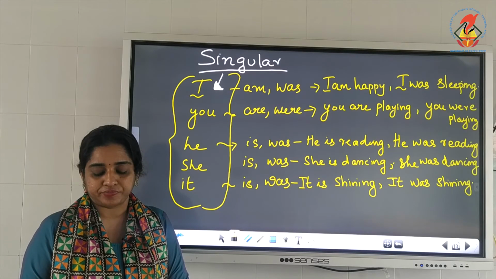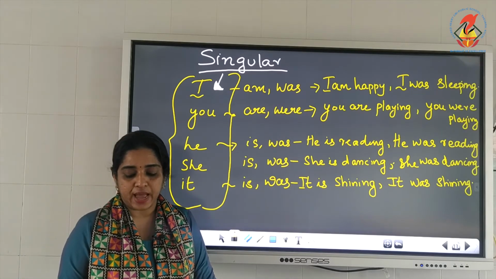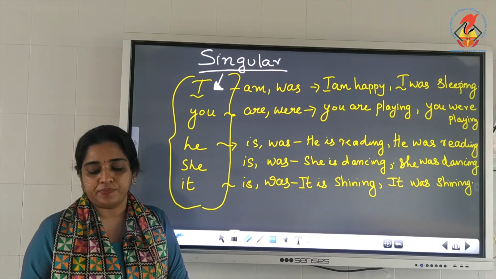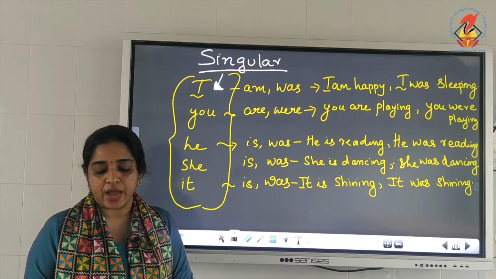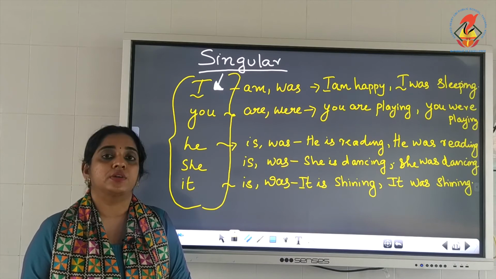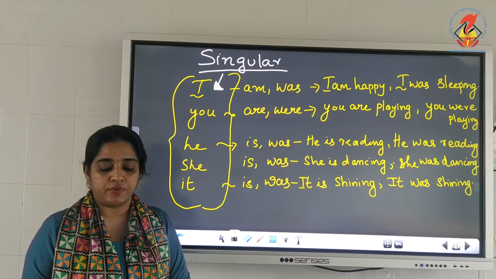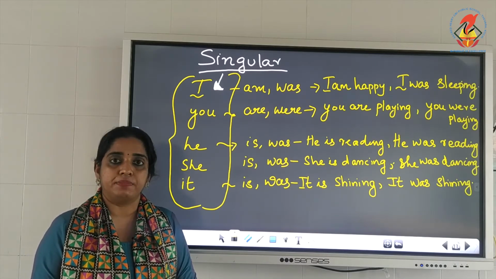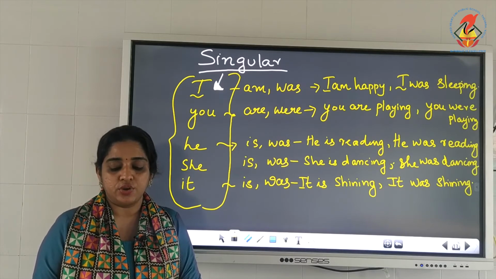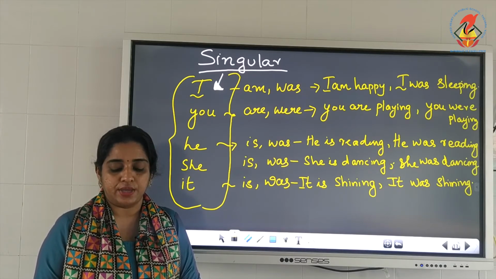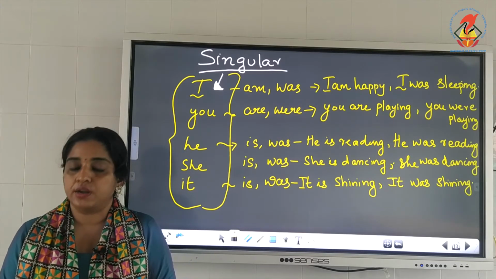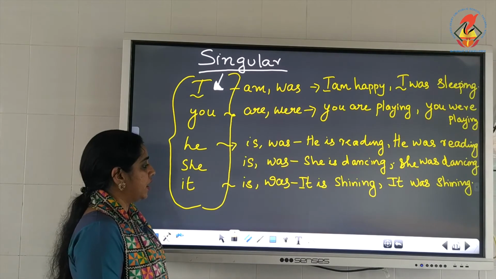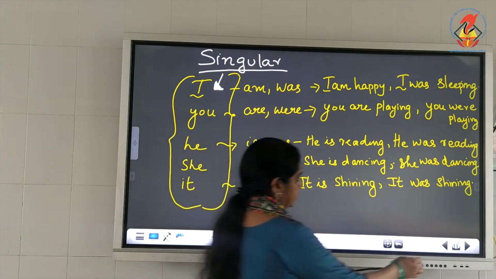You can do it. Then fill in the blanks with was or were. My grandfather dash an army officer. Which one you use? Was or were? My grandfather is singular, one person, is it? If it is singular, you have to use was. My grandfather was an army officer. Okay, now the next topic,